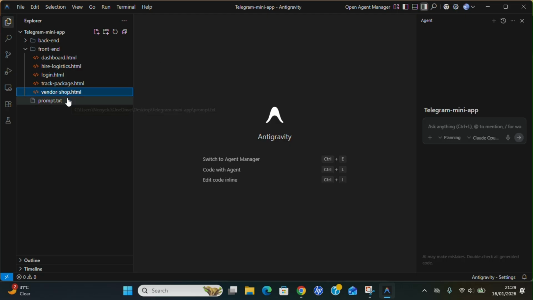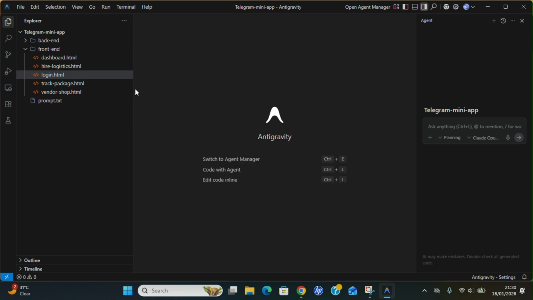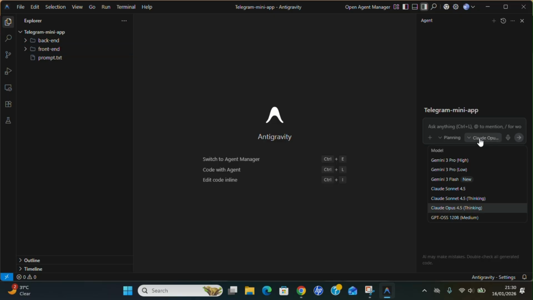Now, if you want to see this, you can simply go to the login page, and then you can use your live server to view this thing. But for now, I'm not yet ready to view this code. So what I will now do is come back to anti-gravity, and you can pick any